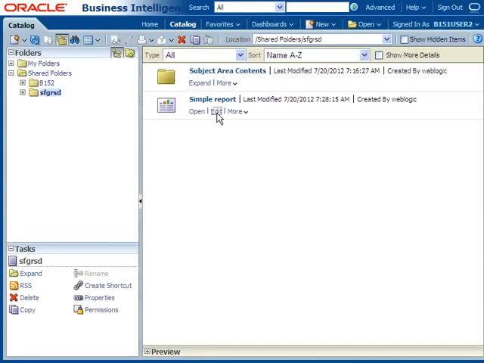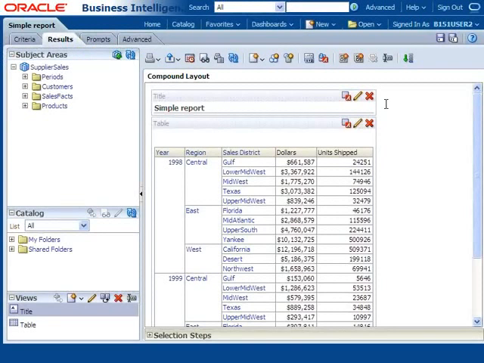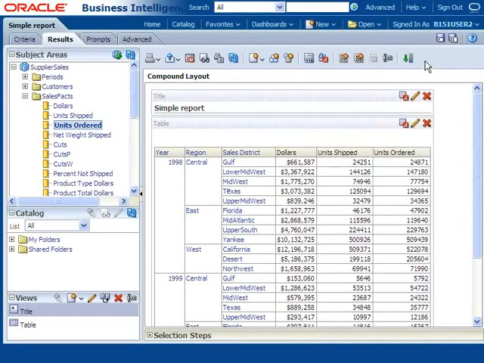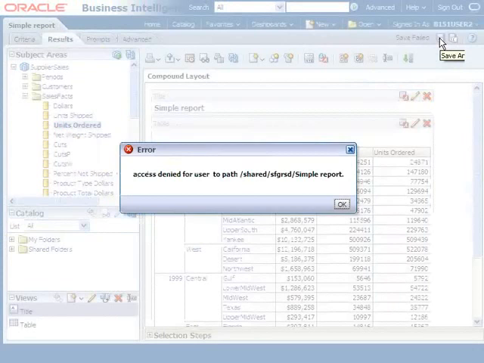Click on edit. I am trying to click on this one. Next, I am trying to add one more column. Let us say sales facts, let us say e-retarded. I added one more column. Then I am trying to click on save. Whenever I click on save, it says